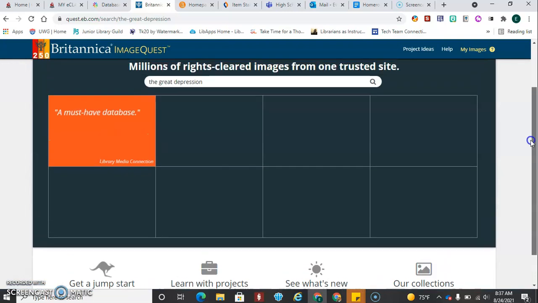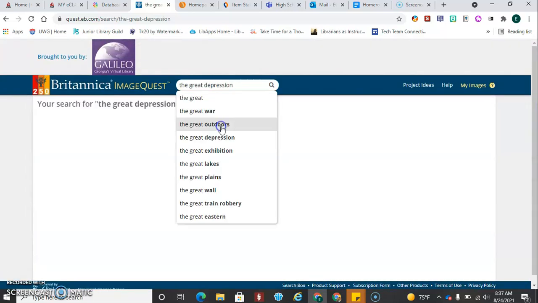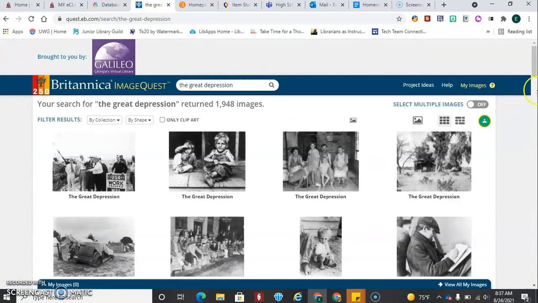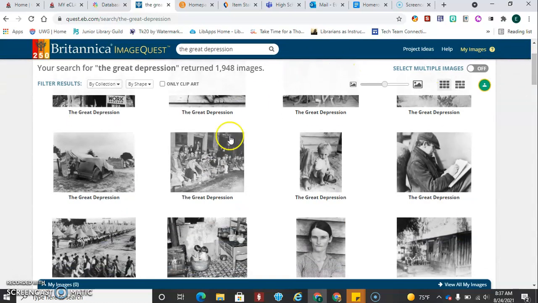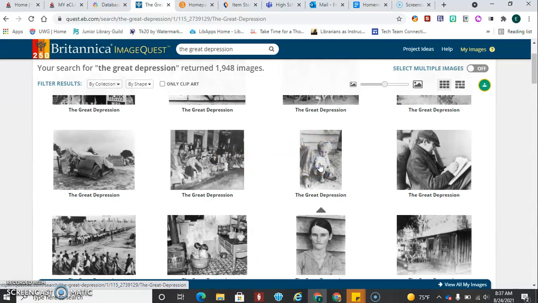Let's see what's happening here. I'm not sure why no images popped up. Here we go. Okay. Once your images pop up, then you can just click on it to see it larger. Let's say, for example, that I wanted this one of this child. I could click on the image,